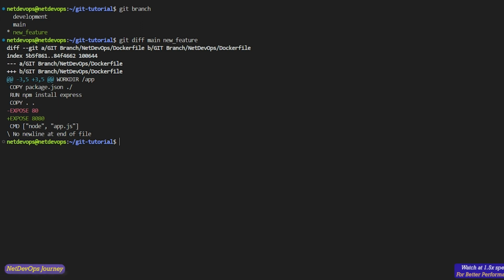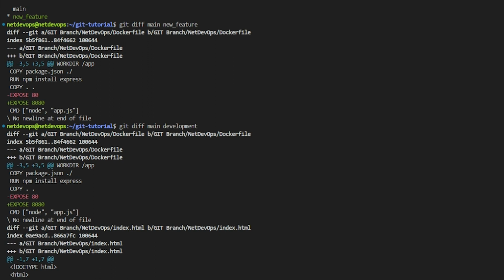I think it's one of the cool features, isn't it? So instead of new feature, let's compare with the development. We can do this by flipping the order of the branch names. Here we'll use git diff new feature space development. Typically, you put the older branch first so that you can see all the updates with the latest commit from